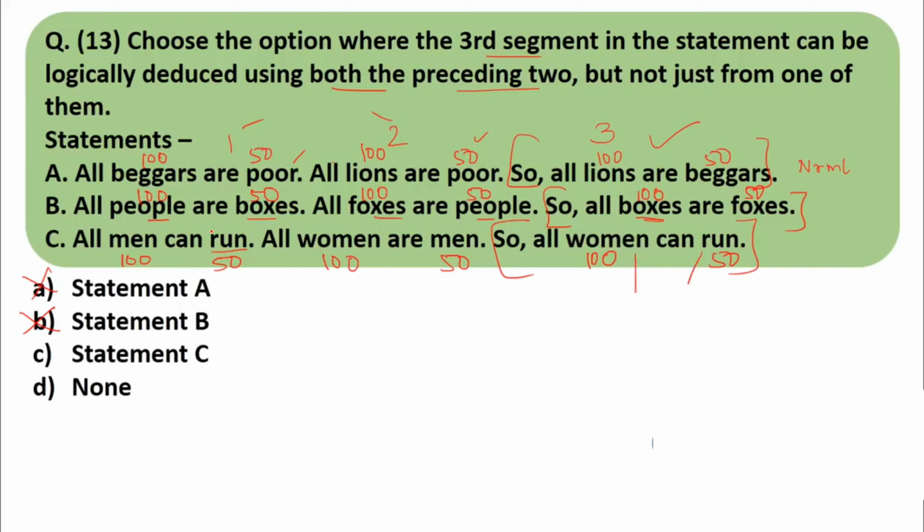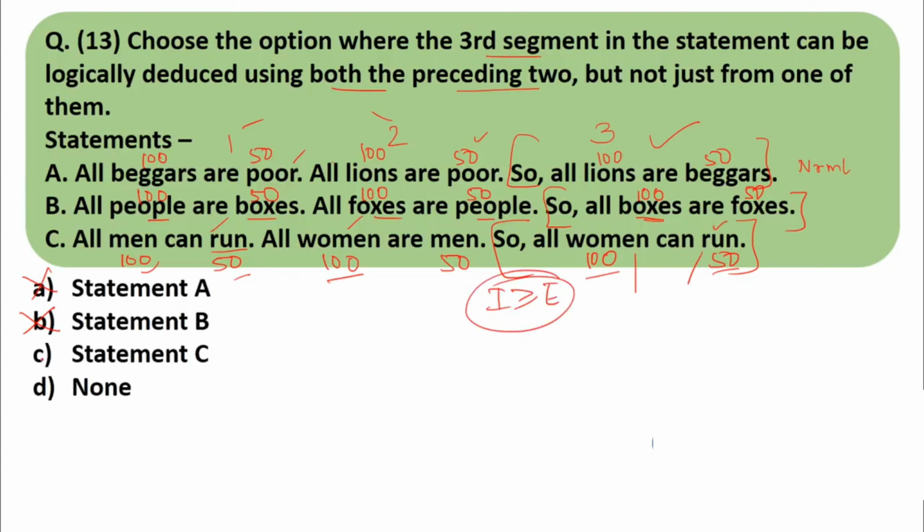Where are they? Run is over here, women is over here. In these two sentences, the common is men. One man is 100, so we can move ahead. Expenditure of woman is 100, income is 100. Correct? So condition satisfied. Next, expenditure of run is 50. Here also income is 50. Condition satisfied, that income should be greater than or equal to expenditure.